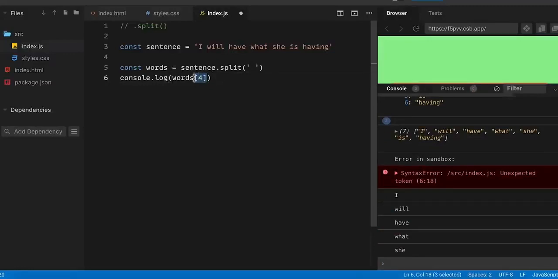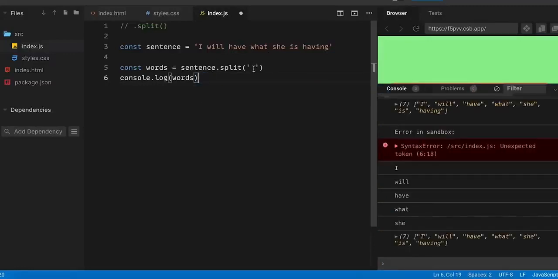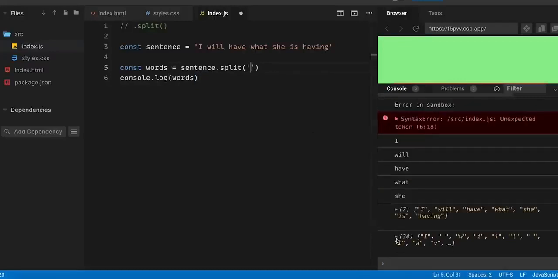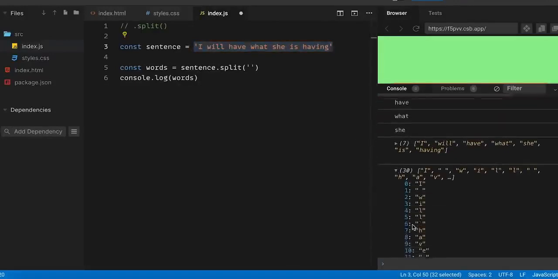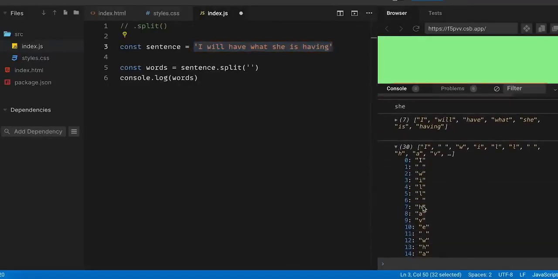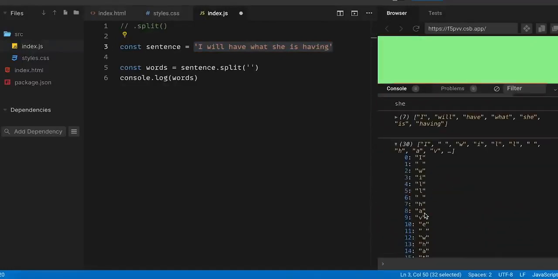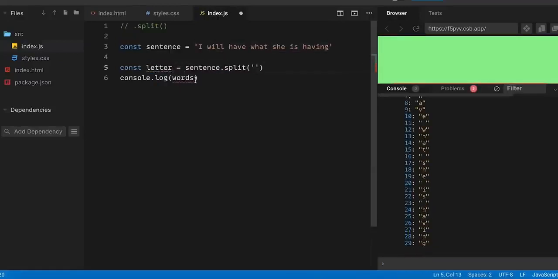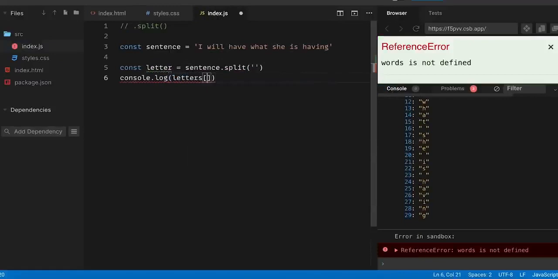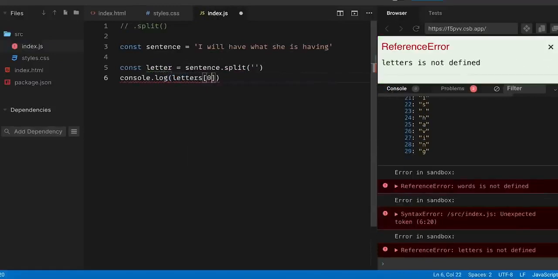I can also, so I'm just going to console log words, split out by individual letter. So now I have this sentence broken up by letter and spaces too. So if you see here, I, space, will, space, have, and so on. So now if I go into, I shouldn't call this words anymore, I'm going to call it letters. I can go into the first, that will give me an I,